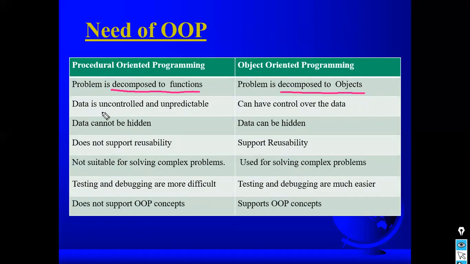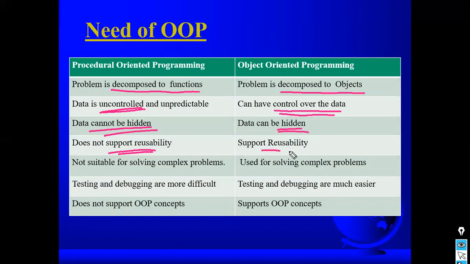We don't have any control over the data in procedure-oriented programming, whereas in object-oriented programming, the data can be controlled and hidden from the outside world. In procedure-oriented programming, the data is exposed to the outside world, and it does not support reusability,